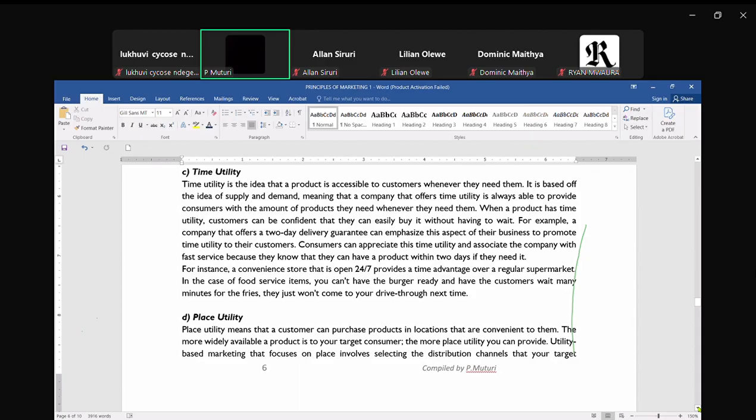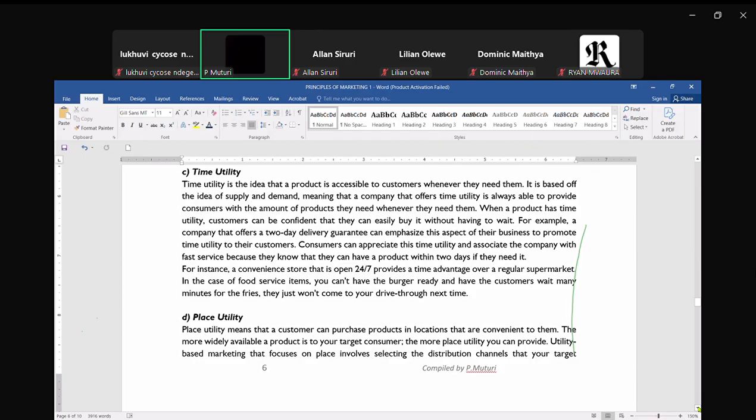And that is what outlets such as convenience stores, say supermarkets. Convenience stores are like supermarkets that are open 24/7, 24 hours. They're open throughout the day and night. So they must make sure they provide that service, that opening of their business, 24 hours. Think about petrol stations, which operate because customers would be needing that fuel anytime. So, understanding your customers, the product you're offering, and when they need it, making sure it's available to them.